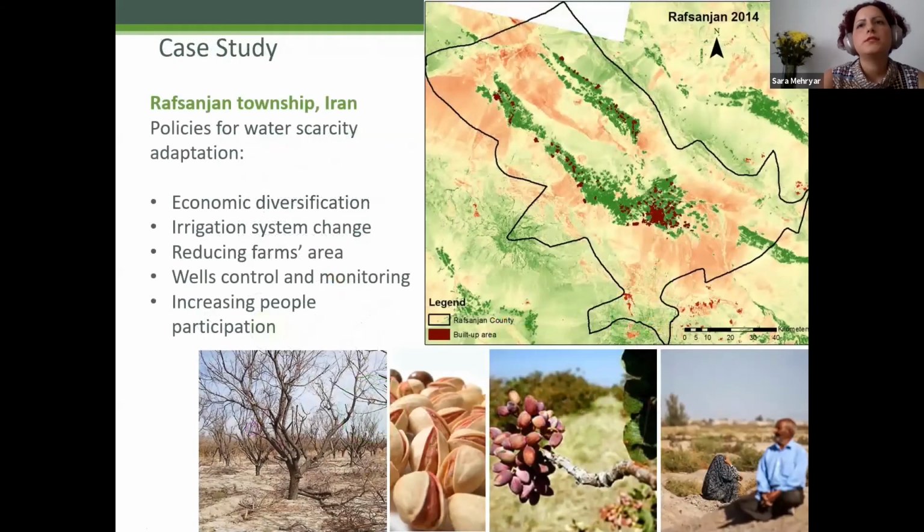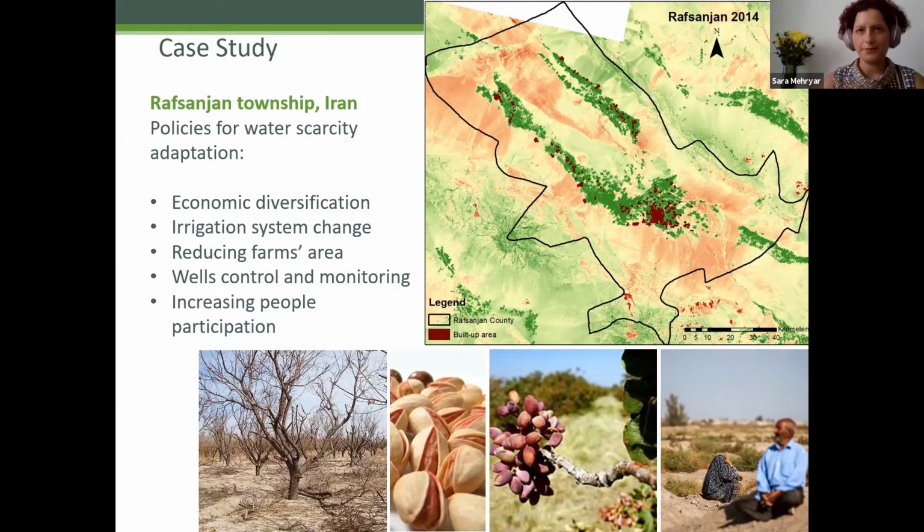So we used this methodology for supporting policymaking in the case of water scarcity in Rafsanjan township in Iran. This region is very famous for its pistachio production. It's among the top producers of pistachio in Iran and even in the world. 99% of the farms in this region are pistachio farms, and 88% of the population income in this region is from pistachio production. So it's a very important industry, but unfortunately during the last decades it's been threatened by